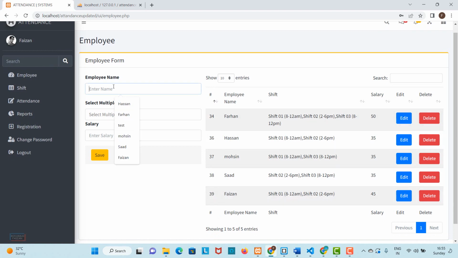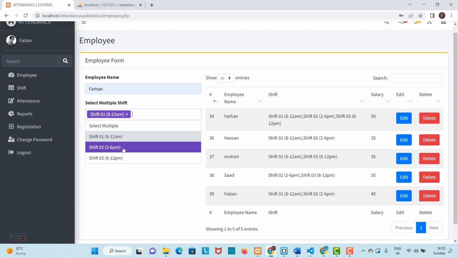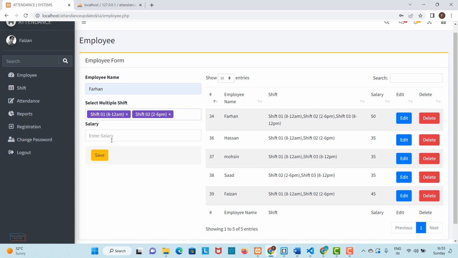For example, I am putting here Farhan, and from this select multiple shift. I can select the multiple shift from this box. If the Farhan doing 2 shifts, for example shift 01 and shift 02, I can select both and the third also. Okay, and if here I can put the salary and I can save, but you can see here the